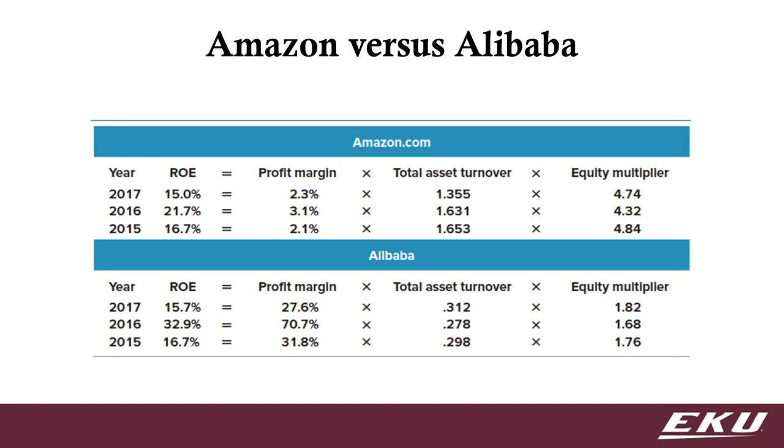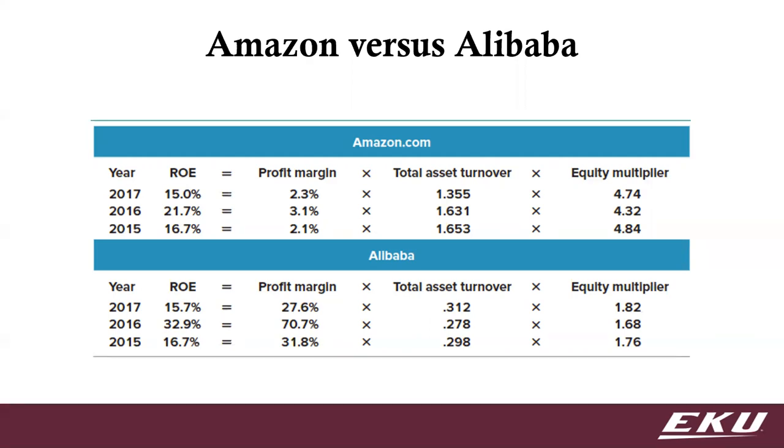However, that total asset turnover, I mean, they are able to generate a lot of sales. They don't have, I can't remember when they bought Whole Foods, but they didn't have a lot of brick and mortar, at least in 15 and 16. I can't remember exactly when they bought Whole Foods, but even after that, in fact, that might be in 2017, which is why that total asset turnover dropped a bit. But without brick and mortar and things like that, they were able to really generate a lot of sales off